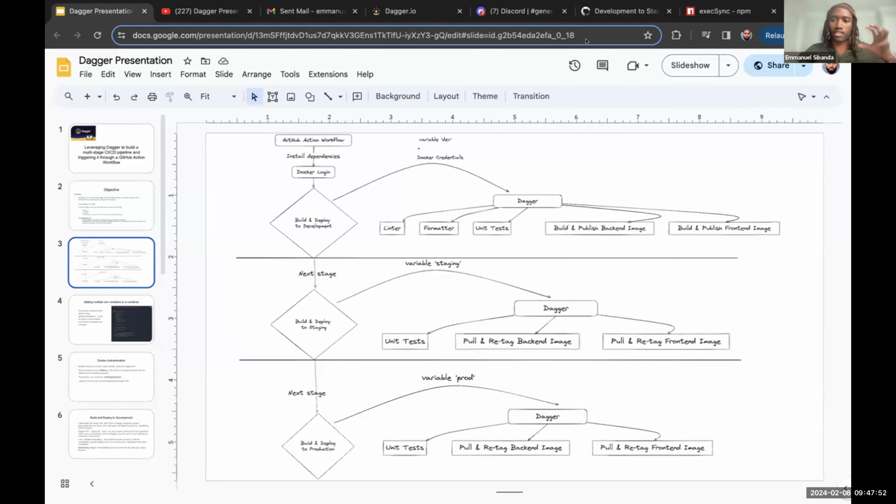This is more or less the design of how the pipeline looked. To expand again, in the development stage, I am running my linter, my formatter, my unit tests. Upon doing that, I'm then building and publishing my backend and front end images to my Docker Hub registry. I'm using